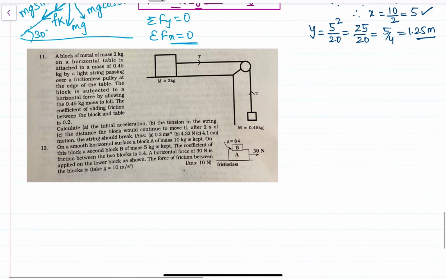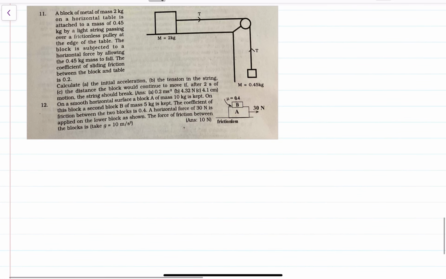Right. Now I am going to explain problem number 11. See, a block of metal of mass 2 kg on a horizontal table is attached to a mass of 0.45 kg by a light string. These two are connected with a light string. That string is passing over a frictionless pulley at the edge of the table. The block is subjected to a horizontal force by